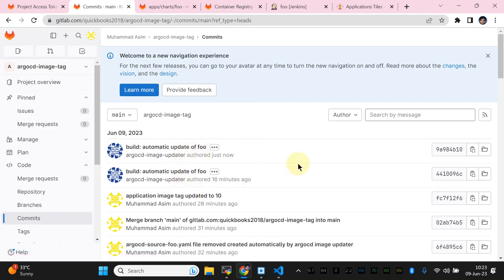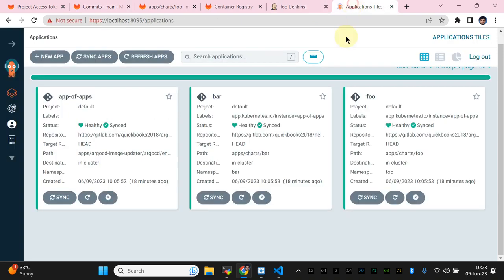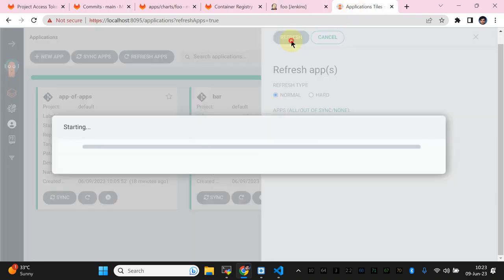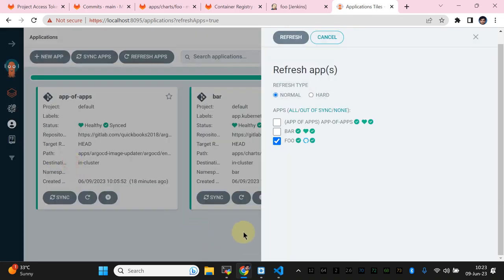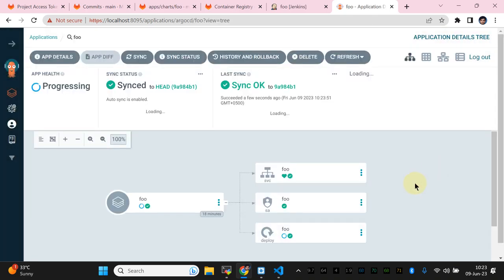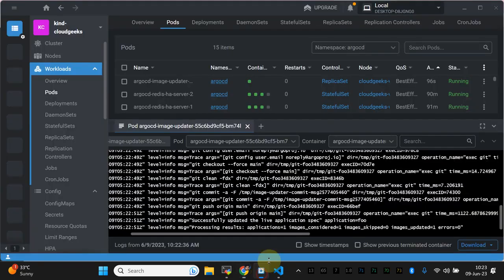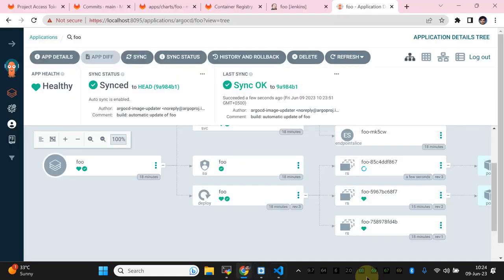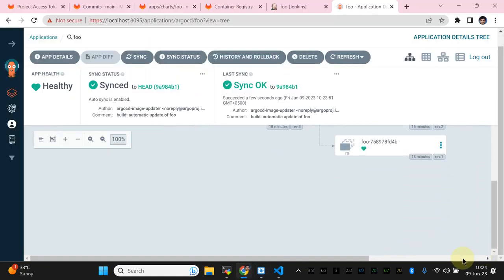So this pretty much just stuck in that state. So I need to do a redeployment of that particular pod. So if I navigate back to the section and refresh, let's say only the foo app, and let's see, we should be able to see the updated image. You see the deployment of new pod seems to be in stage. So if I navigate to foo staging, it has deployed this new particular pod, and the image of that particular pod is going to be,